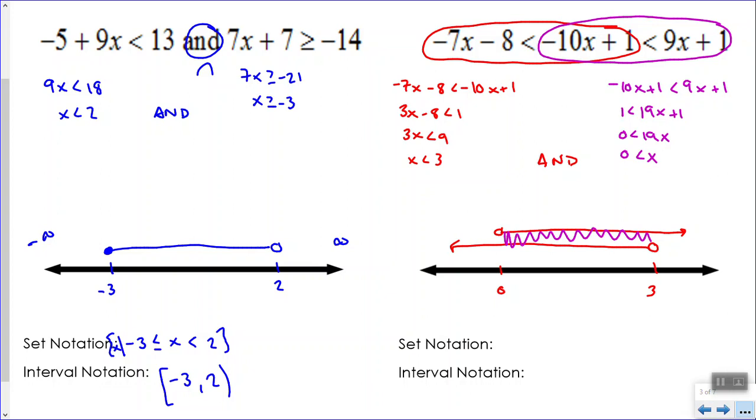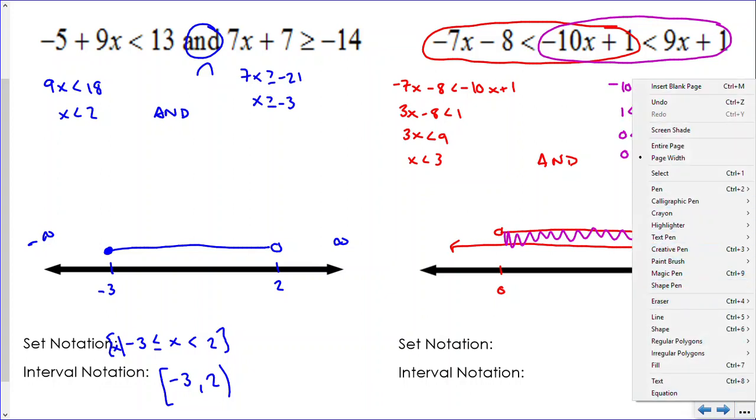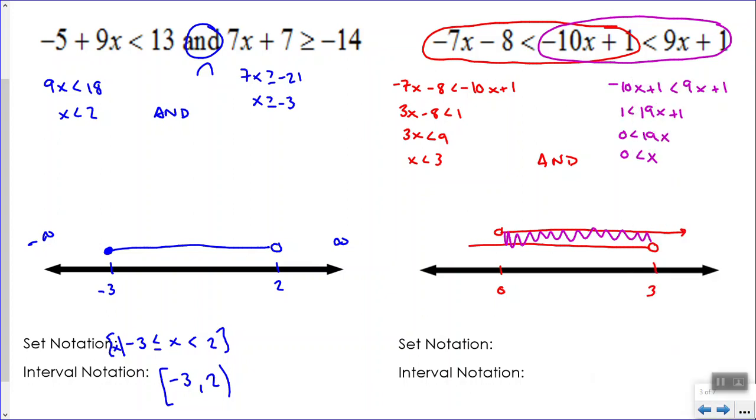So if I take out everything I don't need, we can see what our final graph will look like. I don't need anything that's less than 0, and I don't need anything that's greater than 3. So if we put this all together and neaten it up, we will see that we have open circles on both 0 and 3, since our inequalities were strictly less than and strictly greater than, and a line connecting them in the middle. Our final compound inequality will be the values of x such that x is greater than 0